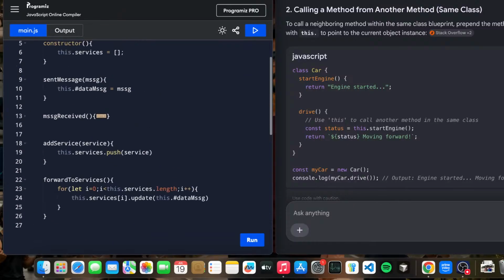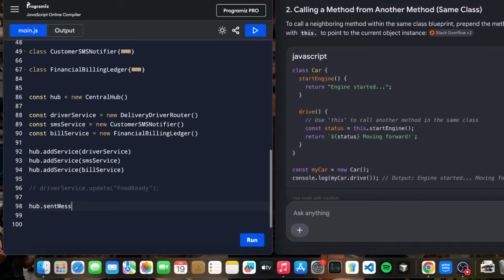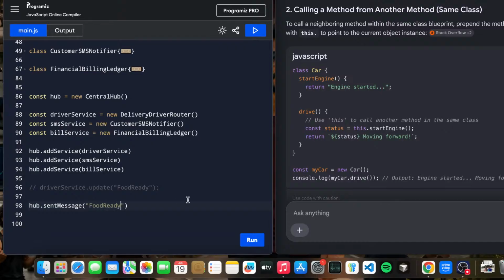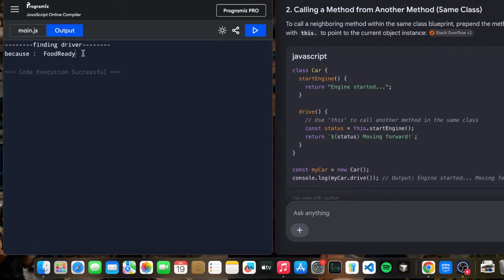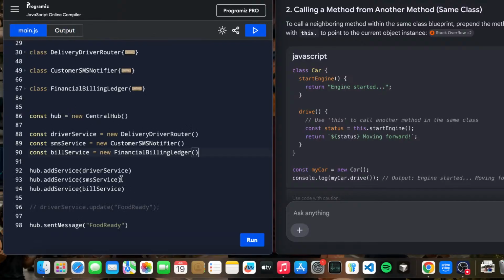Is this full form or short form? Send message. Okay, full form message, and here we are sending the food ready. So let's just check. When I call this, it will automatically call these three services, which are microservices: driver service, SMS service, and billing service, and all of them print like this. Driver service is finding driver, SMS service will be sending SMS, and billing service will be preparing a bill like